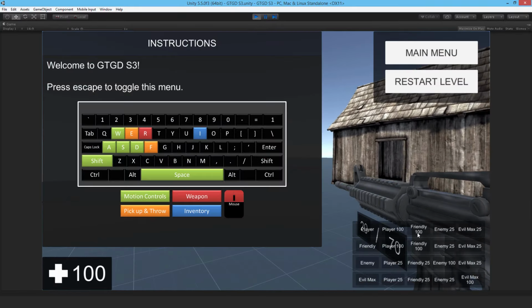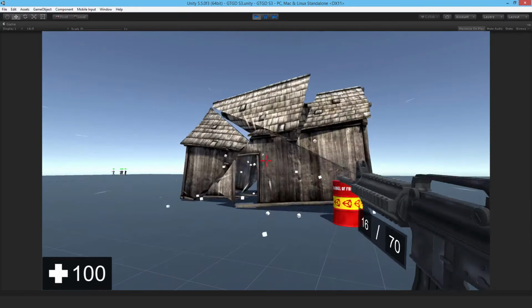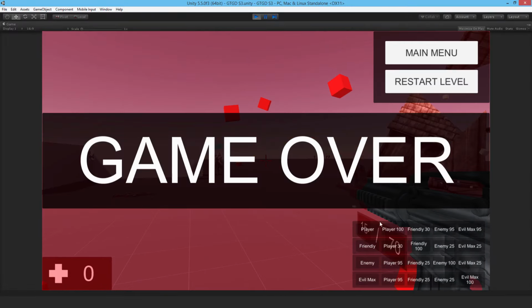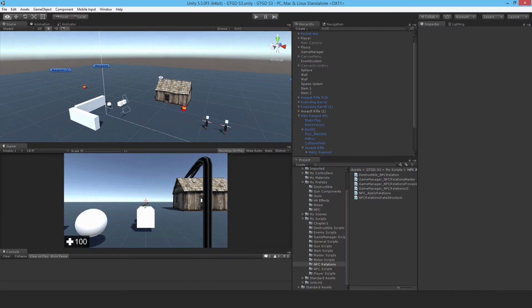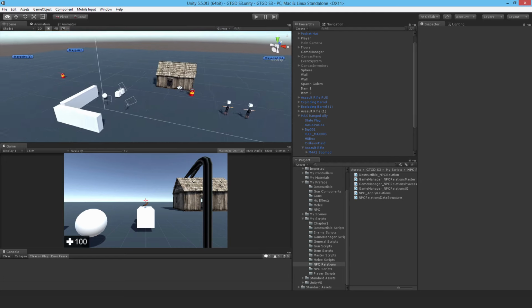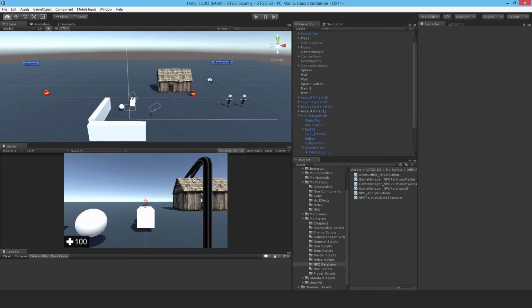Alright, so that's what the, it's 100 right now. Blow that up. Ooh, well, it didn't really take much time to think about that, but there you go. So the relation changed, and so they became friendly. The friendly became enemies, and the enemy and evil max became friendly to the player. So yeah, it's working just fine. So that's what you can do to even create strategic objectives or whatever that have an impact on the